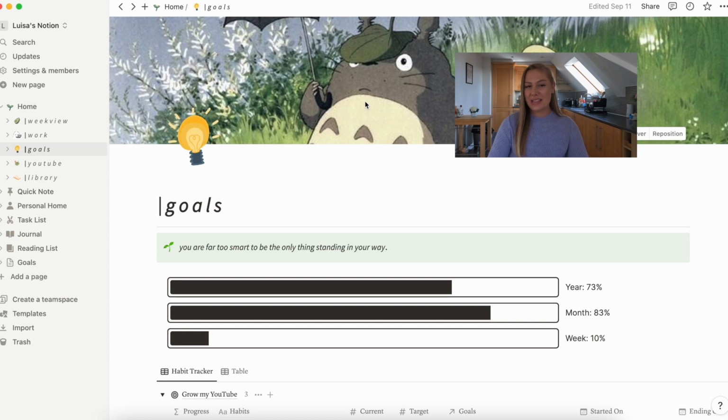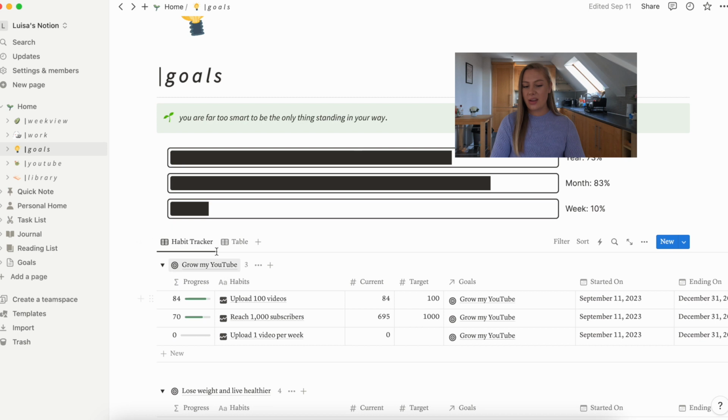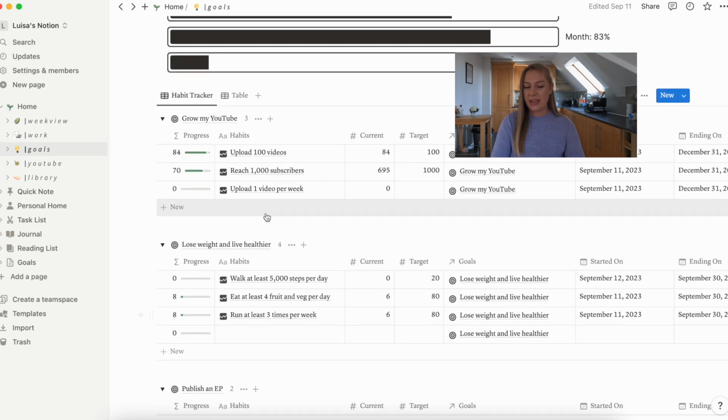That's going to be it for today's video. I definitely need to find out more about goal planning, and I think with the goal tracking and the habits and things, I may even be doing it wrong. But for now, this is what's working for me, and it's helping me stay on track and keep going with everything. So let me know if you found this content helpful. Like I said, I love watching this content myself, so I thought it'd be really fun to film, and it would also help me with accountability to achieve my goals each month.